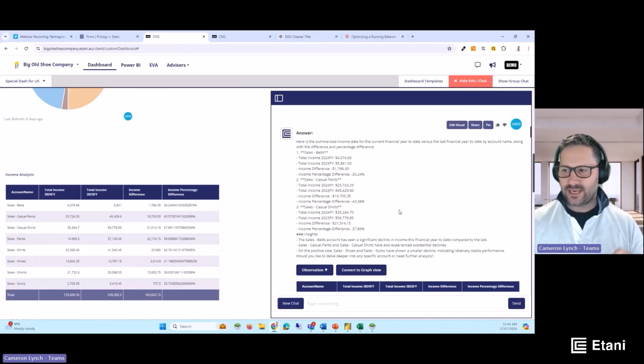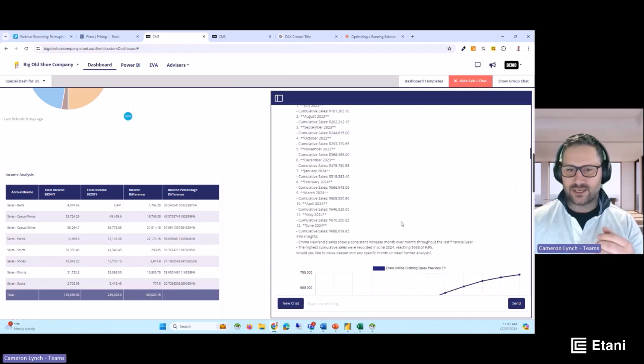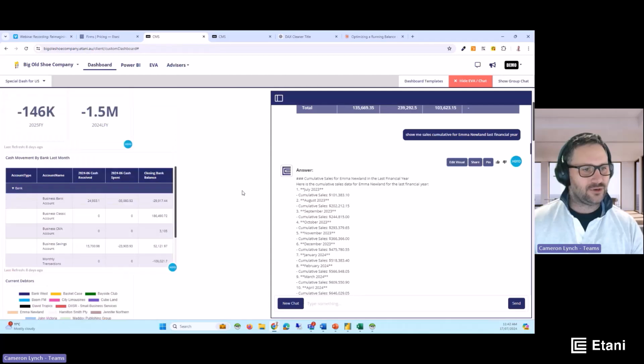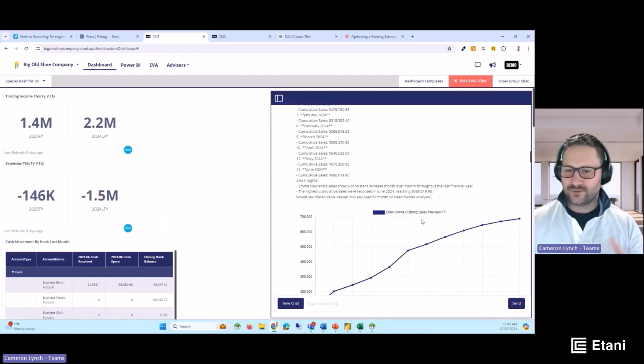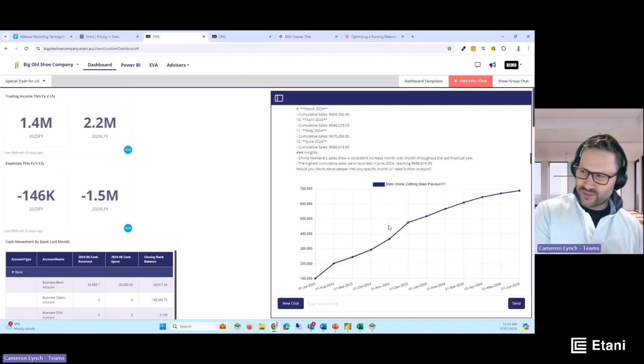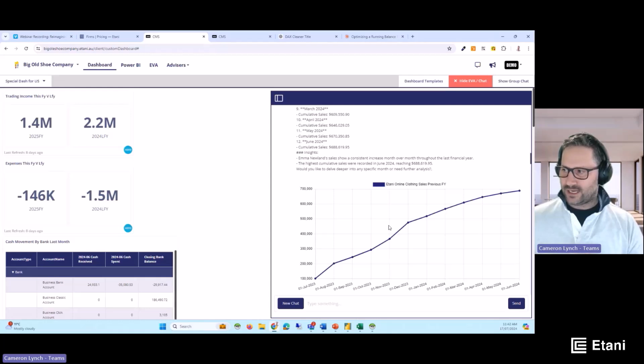Now, the next example I wanted to show you with EVA is you build, and then you analyze. So I've just got here: show me sales cumulative for Emma Newland last financial year, because you might be looking at Emma Newland and you decide I want to drill into it. So it will graph Emma Newland. This is a visual that doesn't go on your dashboard, but it sits next to you while you ask questions of the data, and you can drill into specific account names,